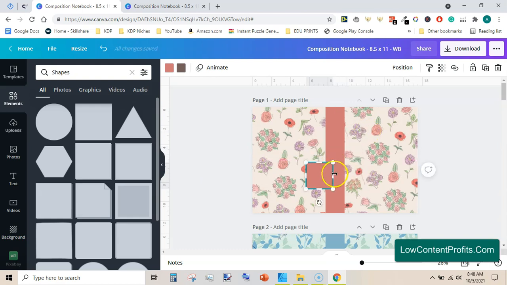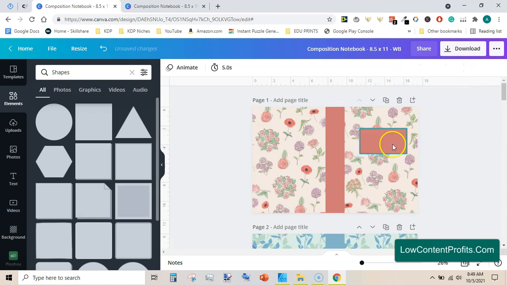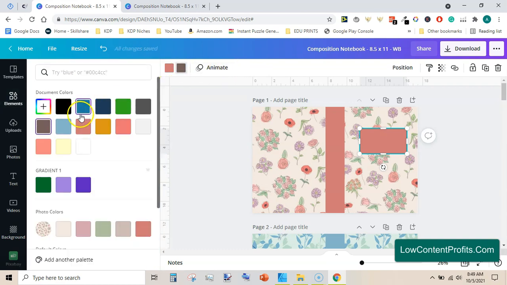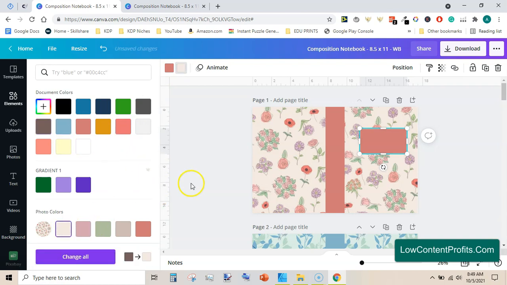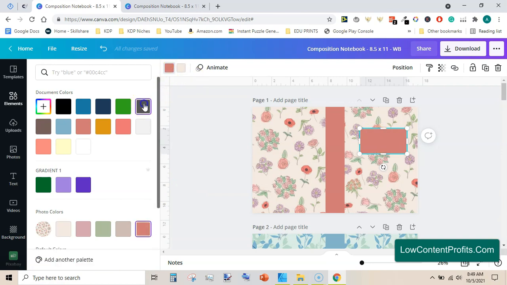Now reduce the size and then enlarge it toward the right side and place it here, then reduce its size like this, and if you need then you can increase this size like this. Okay, now change the colors, change the black border color to something like white or some light color like this, and you can change the inside color to blackish or any color you want,